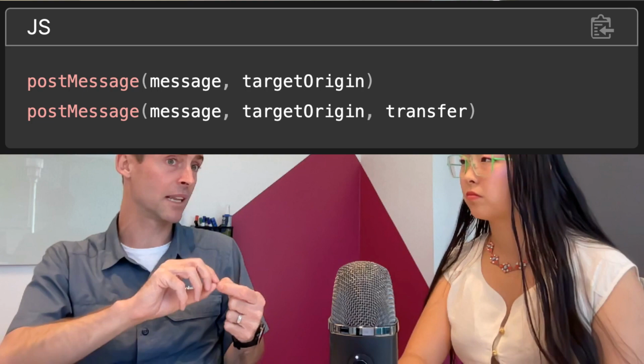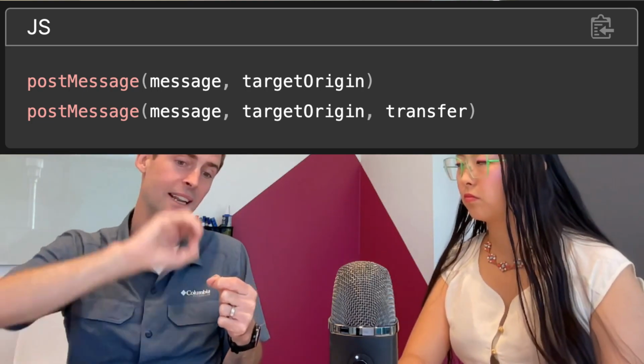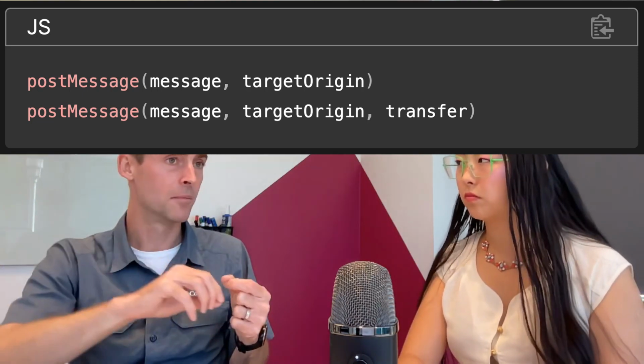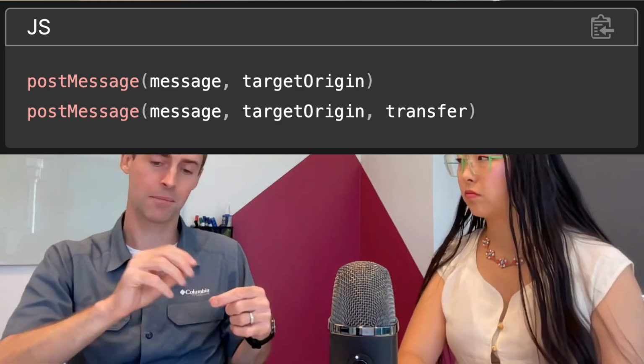So I think the relevant thing for web specs is just that we don't introduce APIs that don't work when different origins are different processes. Mm-hmm. And that sounds like, well, okay, that makes sense. And thankfully, we were sort of in that state to begin with, and in some places we got lucky. Like postMessage is asynchronous, which is a mechanism for sending a message to another origin, but they don't need to run in the same process because that message will be delivered at a later time, so we can send it to a different process running on a different thread.